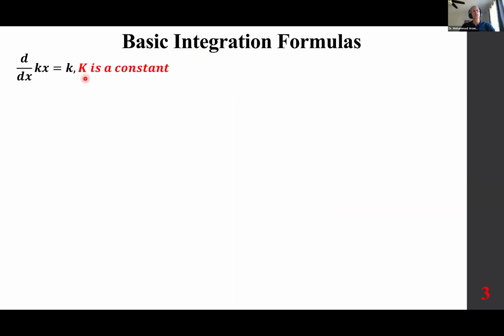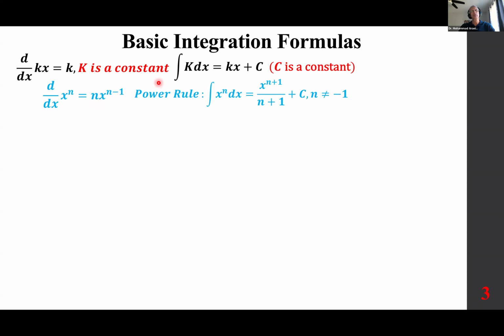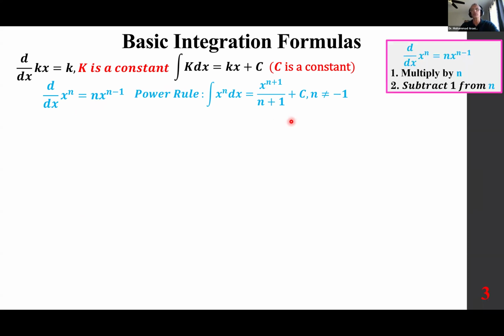Now, the derivative of kx is k, where k is a number, therefore the integral of k dx must be kx plus c. The derivative of x to the power of n is n x to the power of n minus 1. The integral of that is x to the power of n plus 1 over n plus 1. And we discussed the